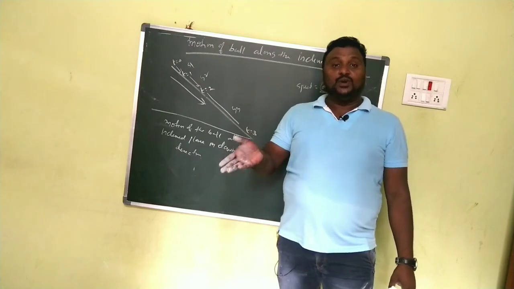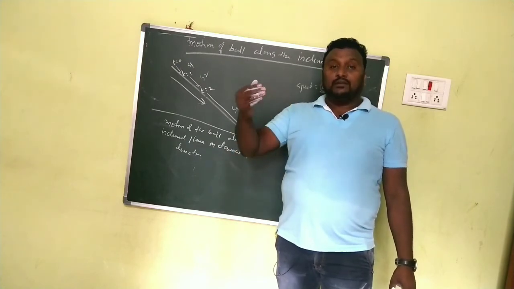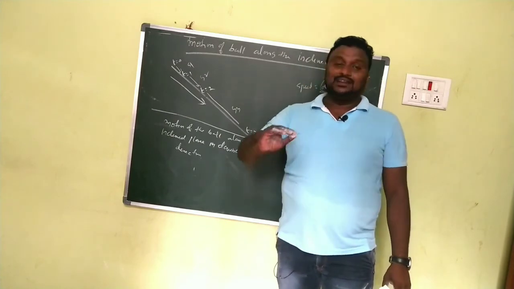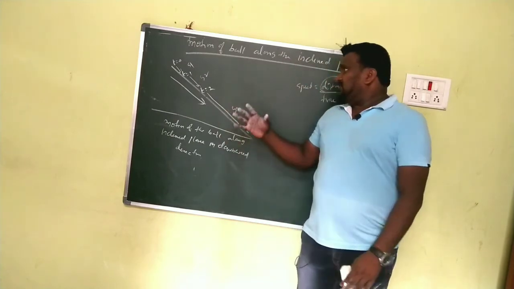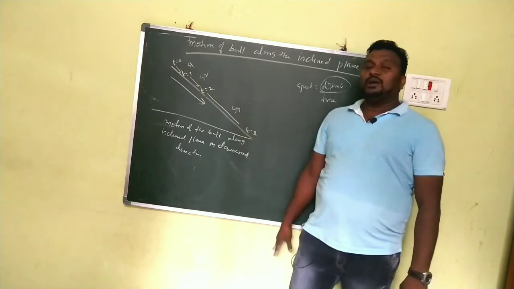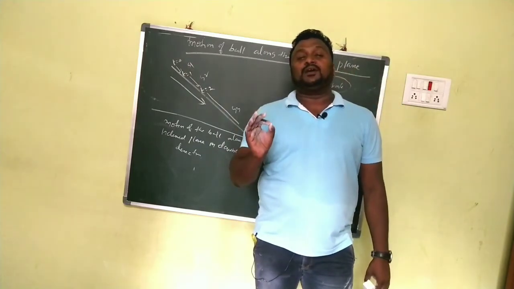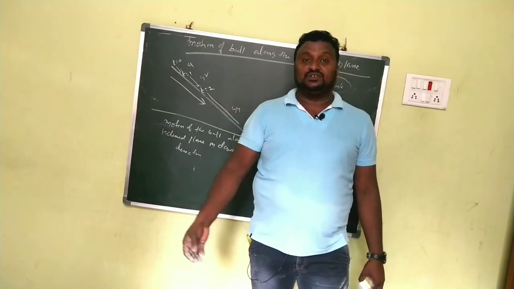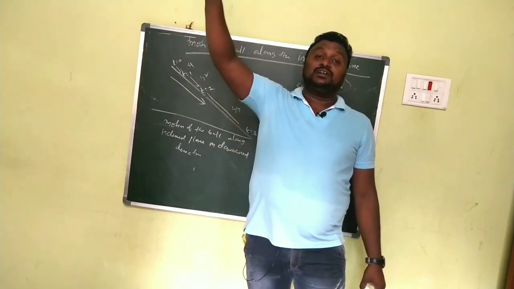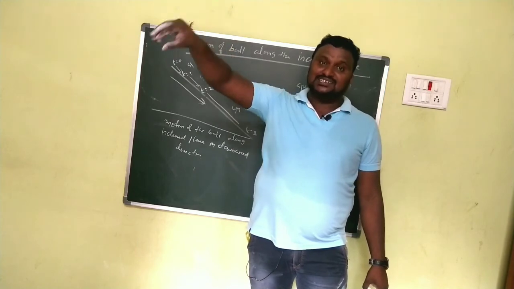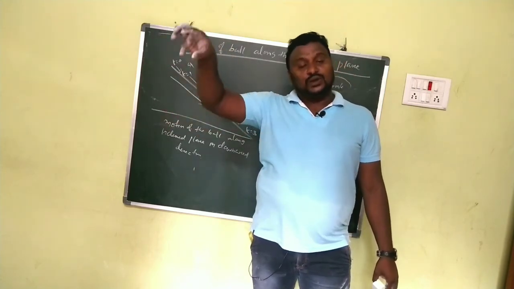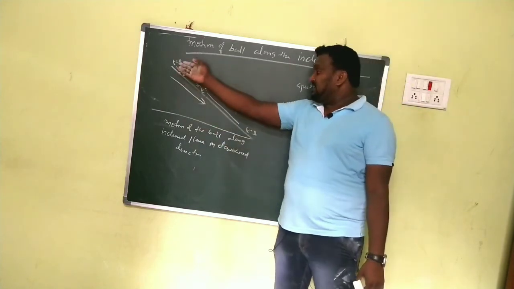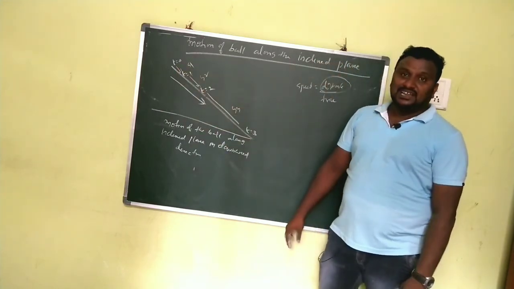Later we will discuss that. Children, in the next video we will discuss how the gravitational force affects the ball or the body. Okay. While it is coming downwards, what do you observe? There is no change in the path of the ball. Only one thing changes. What is it? Speed increases. At the topmost point, the distance covered is less, that's why speed is less. When it is coming along the inclined plane, the speed increases.